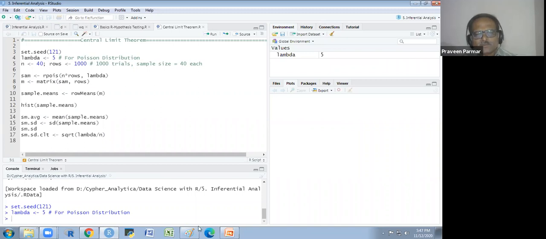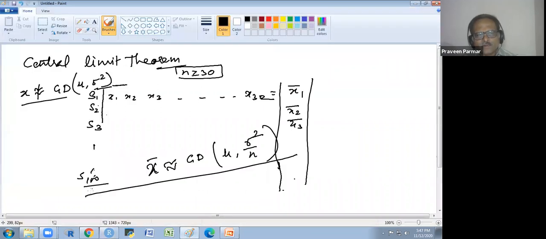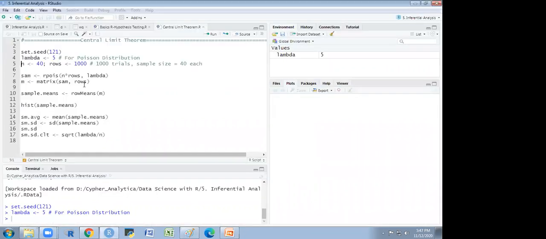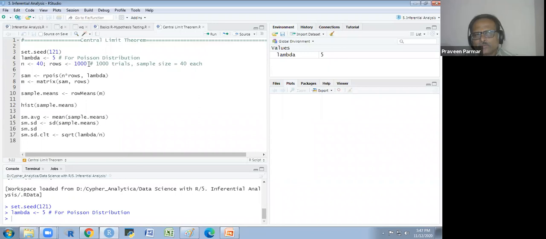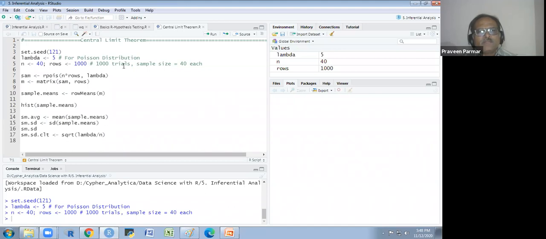I am taking it, so I will show you. Here I have taken the 100. I am taking 1000 samples. Each sample has 40 elements, 40 data points. Got it now? Yes, sir. So I have the 100 rows, meaning 100 different samples randomly, and each sample has 40 elements, data points, we could say. So this I am taking.